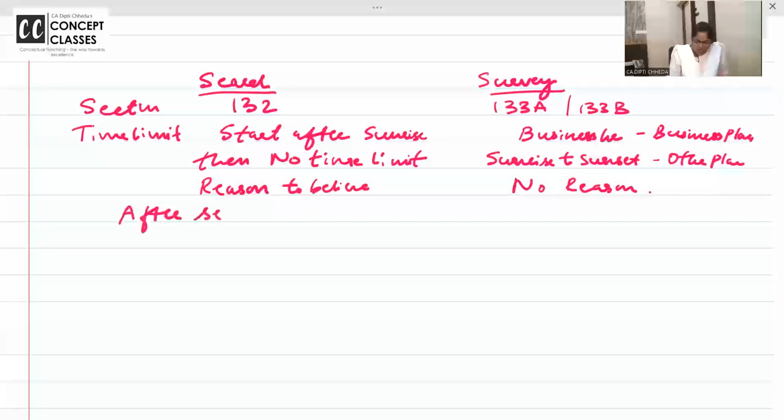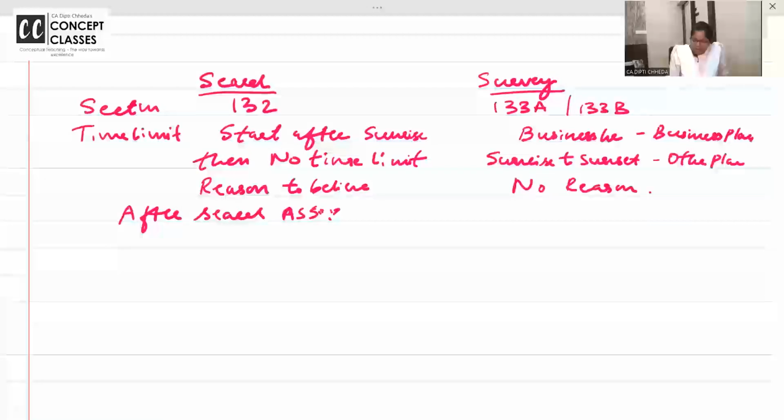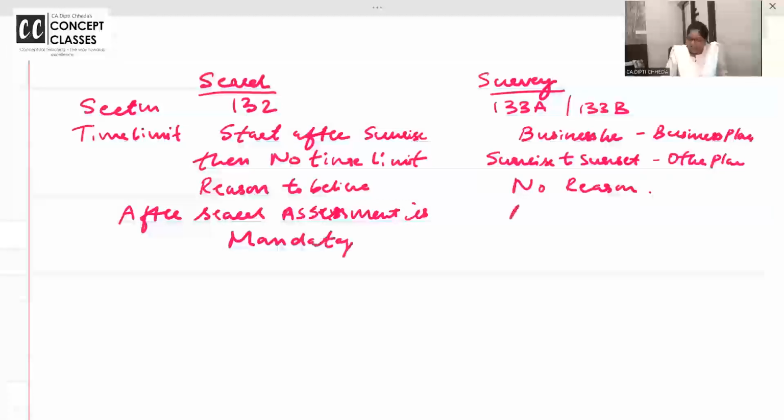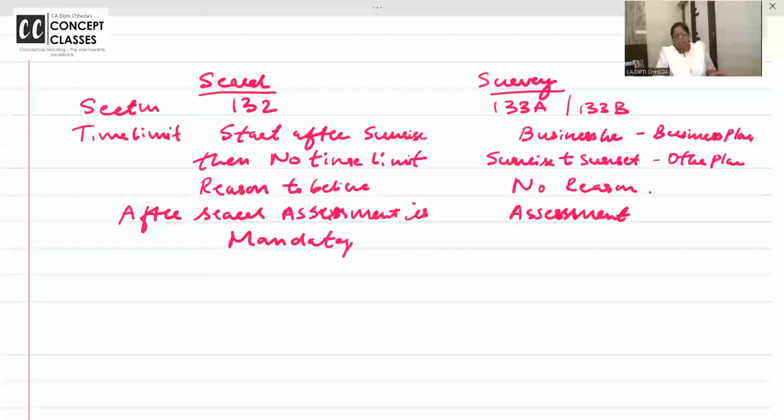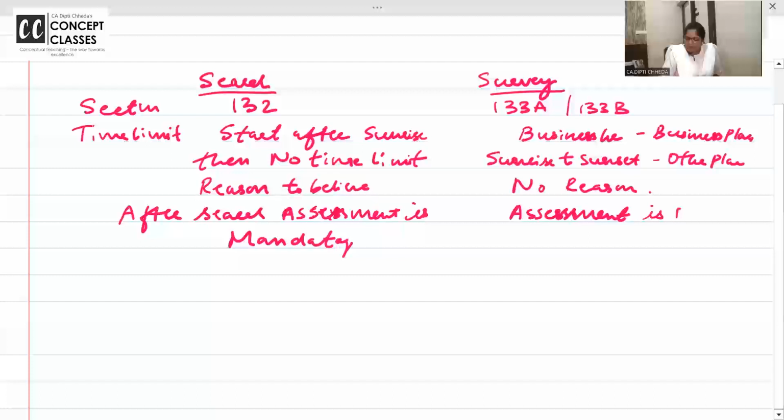आफ्टर सर्च, assessment, assessment is mandatory। सर्वे में असेसमेंट कुछ मिलेगा भी नहीं। काफी बार ऐसे होगा कि सर्वे हो गया, कुछ नहीं मिला। असेसमेंट इज नॉट मैंडेटरी, कोई जरूरत नहीं है हमको।